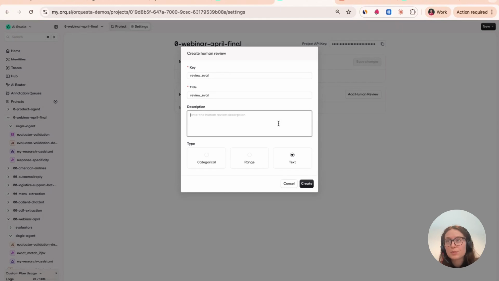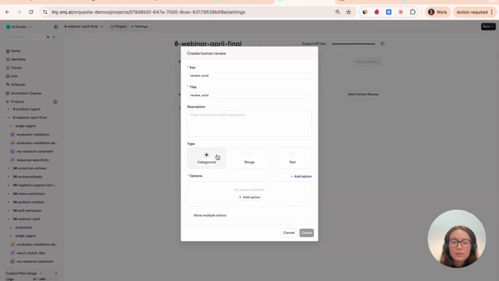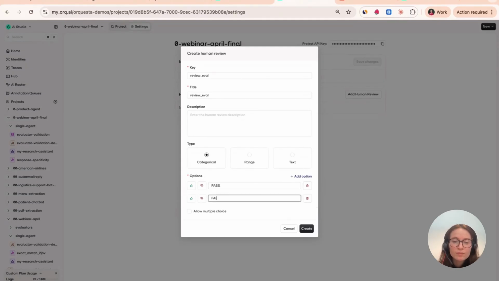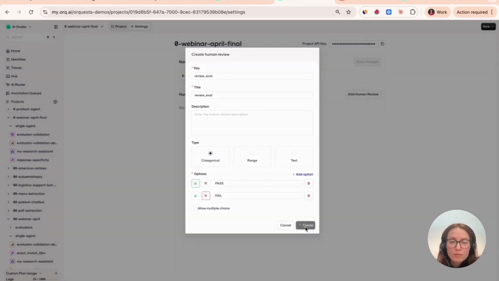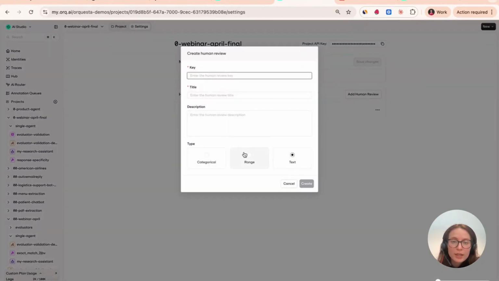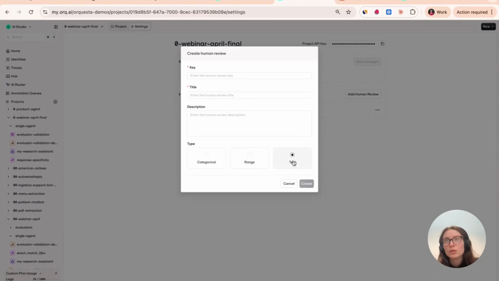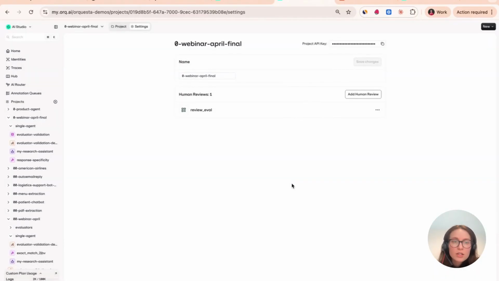You can give it a description, make something categorical, like pass or fail. Add that sentiment as well. Or if you want to, you can create a range to grade it. Or if you want to, you can create free text. So you need to go into your project folder, into settings, and then create the human review there.